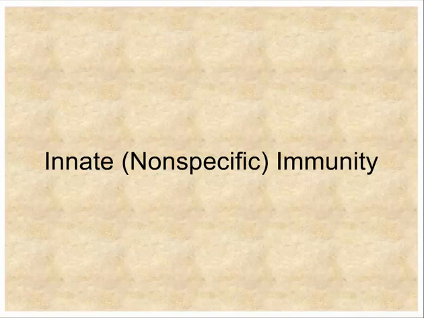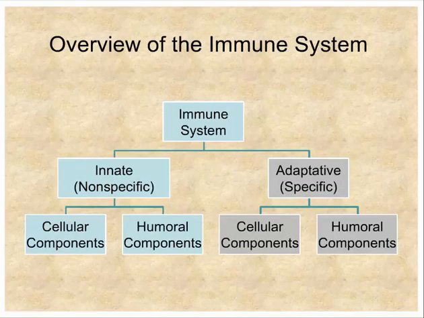All right, so what we're going to talk about today is this innate or nonspecific immune system, and we're going to primarily be concerned with talking about the cellular components of the nonspecific immune system and what they do. We'll talk about the humoral components, in fact, the one major humoral component, which is complement, in the next hour. Again, we've seen this one before, how we break the immune system down. We'll be talking about mainly the cellular components here, and then in the next hour talk about those humoral components.